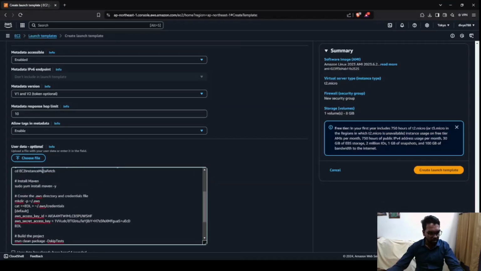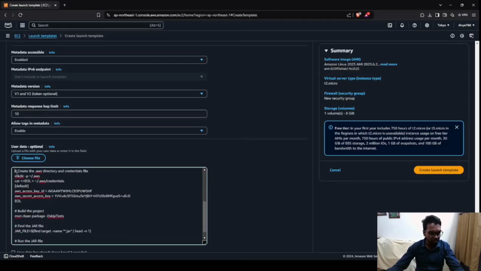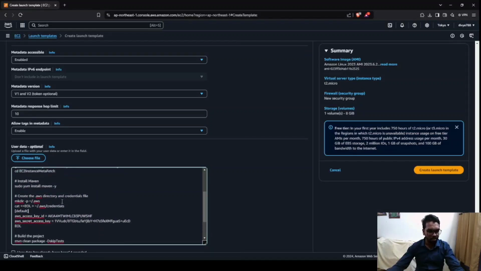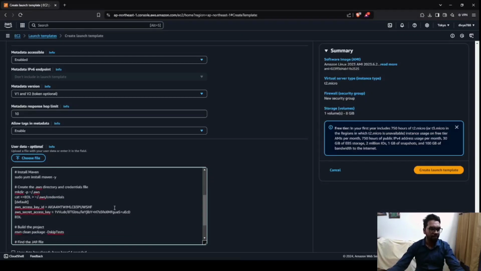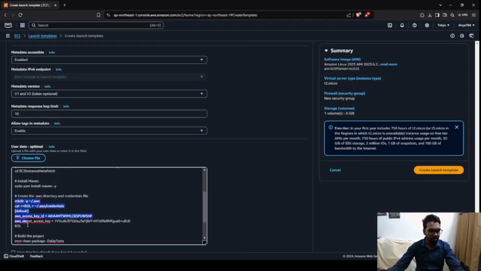Now we are already in this folder. Now we need to do this change. Why is this part required? Just in case you are accessing, let's say, a lambda function from your application. In that case, you need to be authenticated for that AWS resource, meaning that particular lambda function. And for that, you should have these credentials already existing in your EC2 instance. So this piece of code does that part.